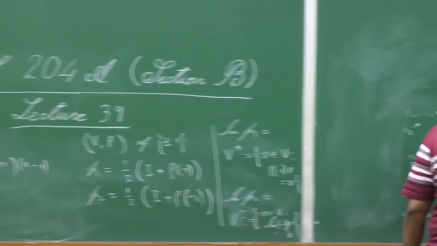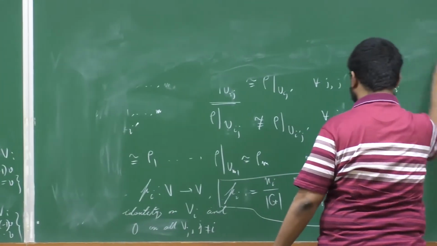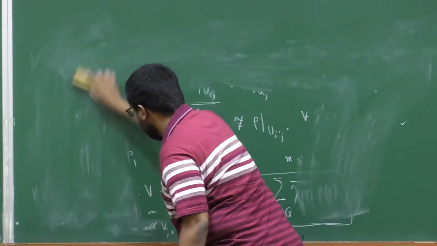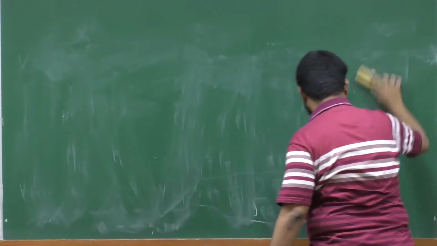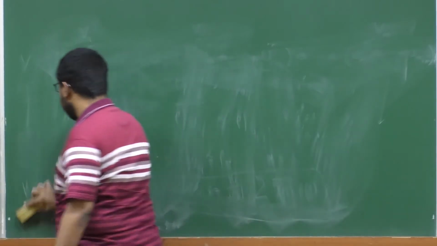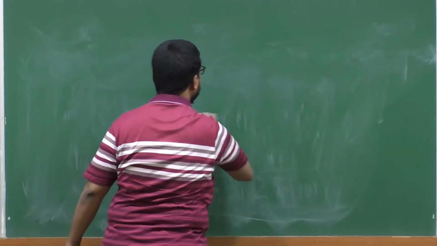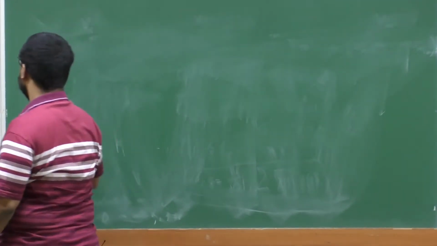So we now aim to prove the dimension theorem of representation theory of finite groups. So what it says is the following,